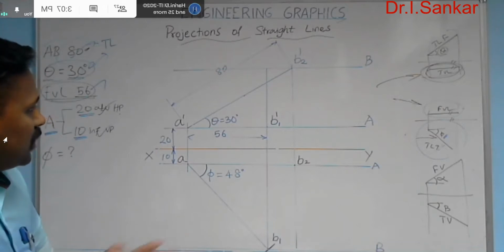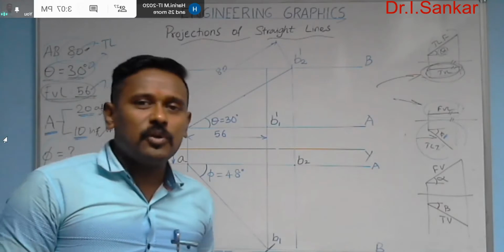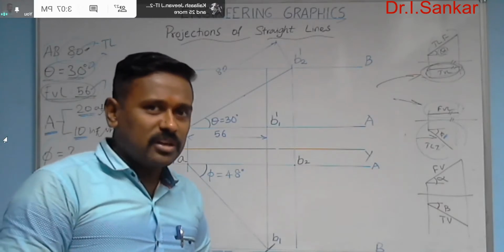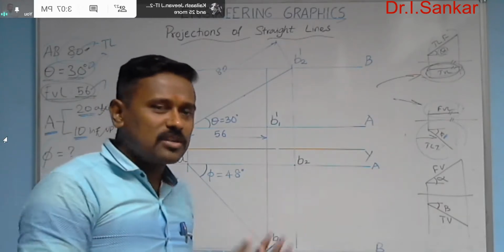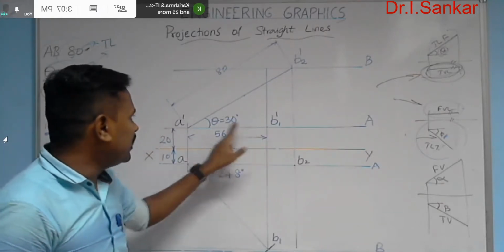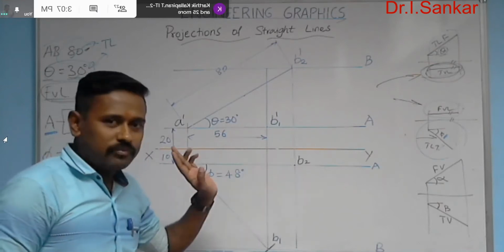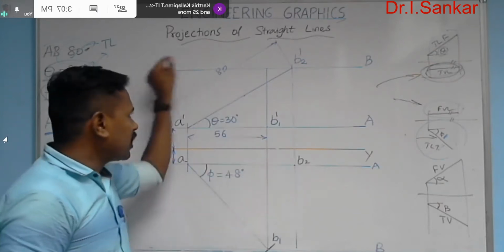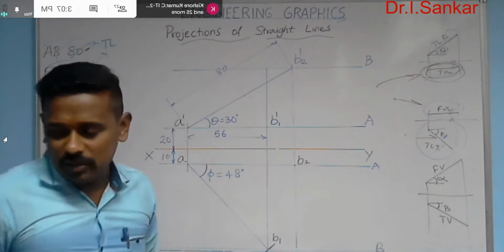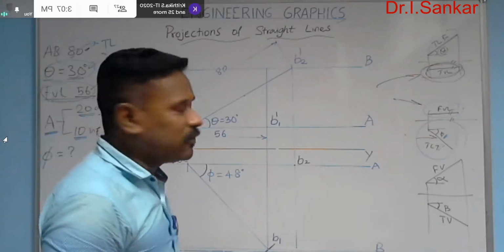What all to do next is to draw the front view and the top view. Once you complete the drawing of front view and the top view, the answer is over. Already you are provided with the front view length line A dash B1 dash and the top view length line A B2. Now by using your compass, just rotate the particular terminals to their respective locus and complete the drawing of front view and top view.